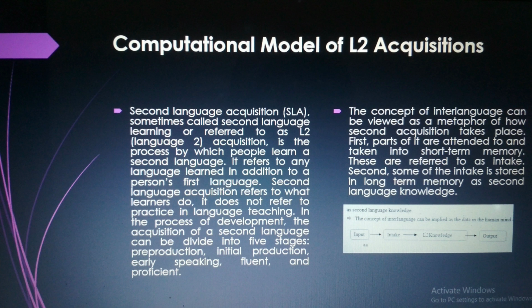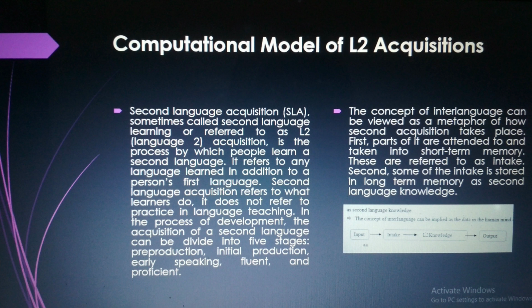In the process of development, the acquisition of a second language can be divided into five stages: pre-production, initial production, early speaking, fluent, and proficient. The concept of interlanguage can be viewed as a